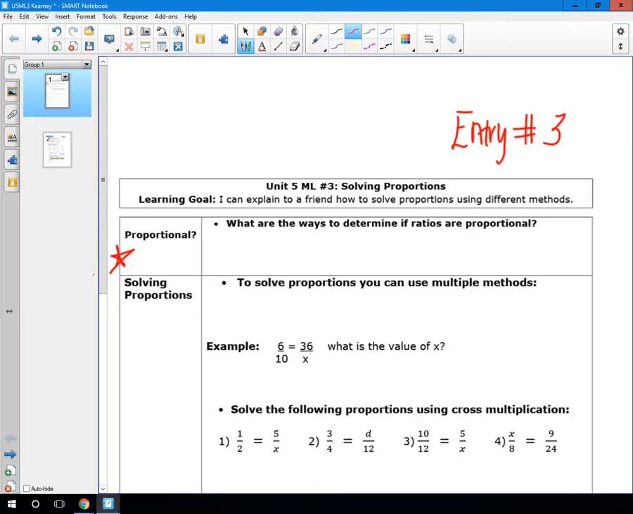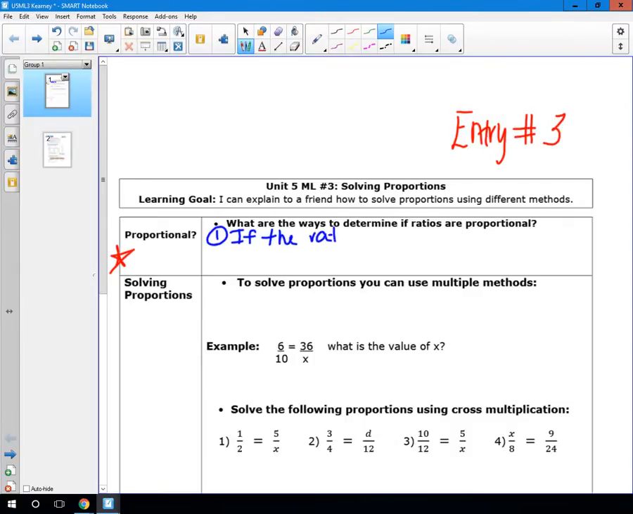So I'm right here on the notes. Proportional, that keyword proportional. What does it mean to be proportional? We learned last week that in order for two things to be proportional, their ratios must be equal, or there must be a common scale factor. So I'm going to give you 3 ways to determine if 2 ratios are proportional, meaning that they are equal. The first way is simply if 2 ratios are proportional, that means they are equal. So, one way is if